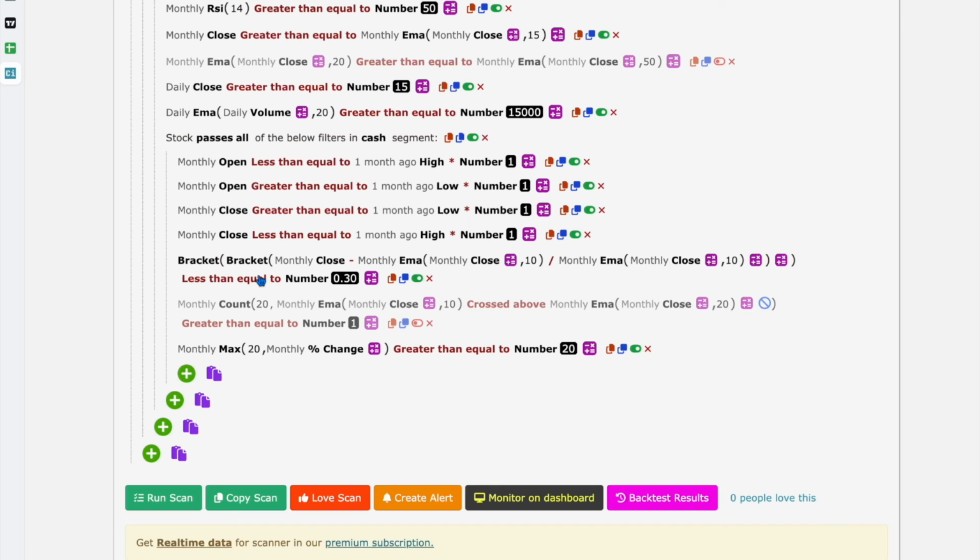Now what is important is where the contraction is happening. The contraction has to be near the 10 moving average. What I mean by that is, here the number used is 0.3, that means 30%. Usually if the price is within 30% of your 10 moving average on the monthly, that's still a decent amount. Now you will say